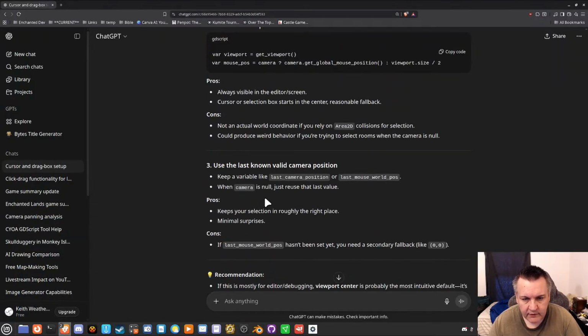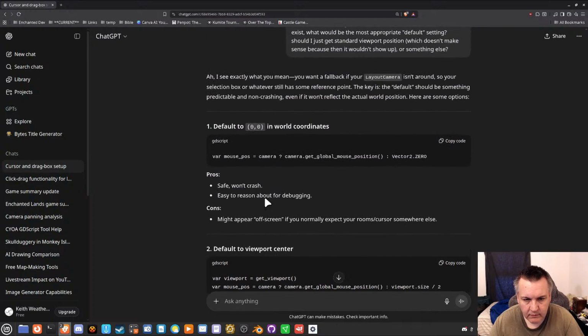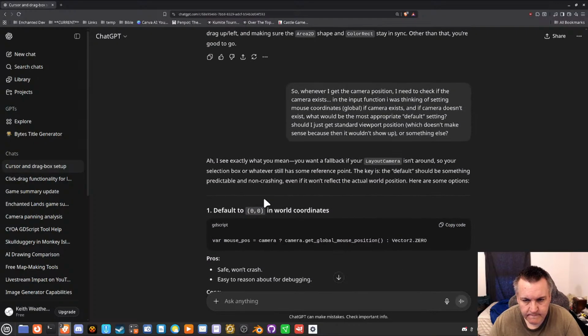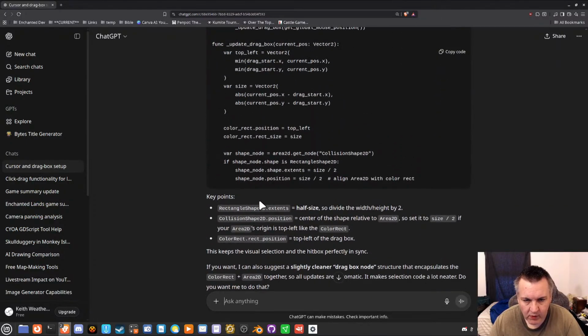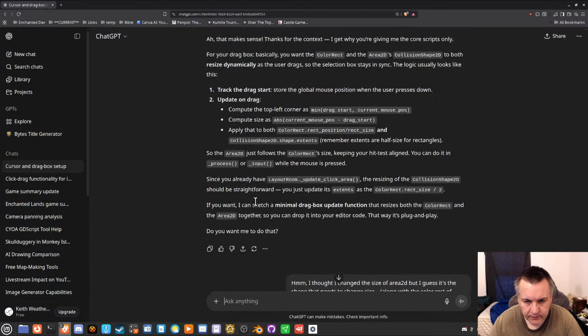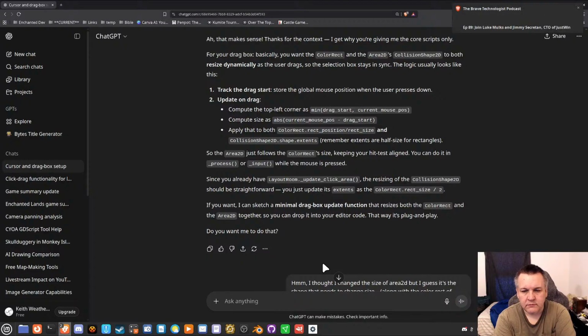And let's go back to, now I have to resize. Hold on, where's the thing? Okay, compute, okay, yeah, you need to compute the top left corner. Compute the size, apply that.